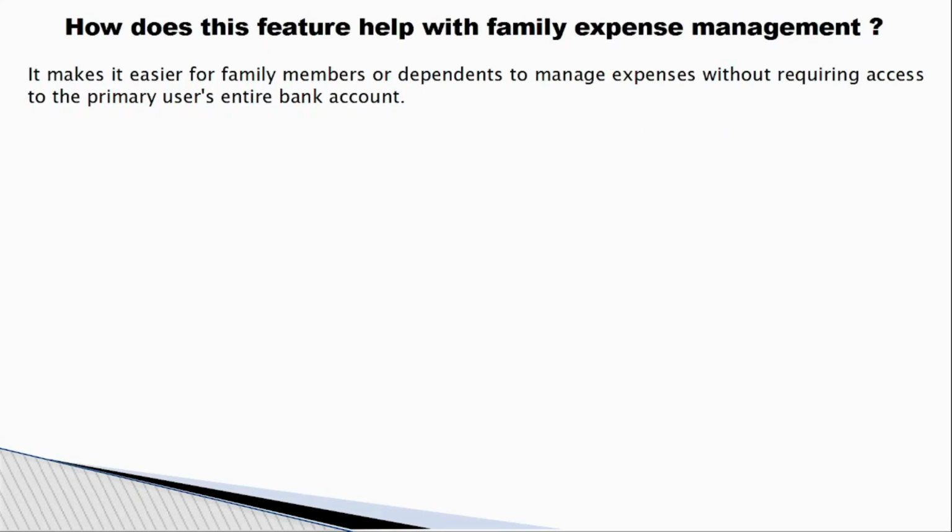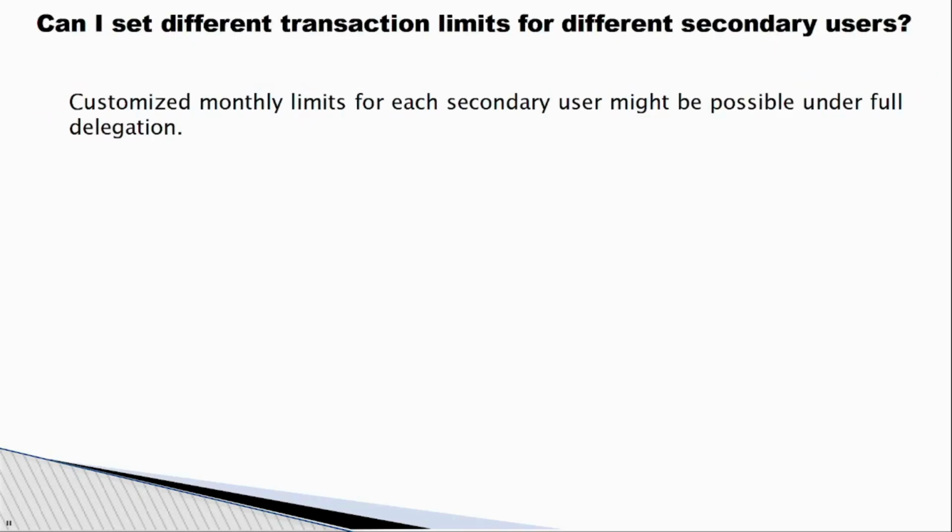So it helps with family expenses. Without opening an extra account for the family members, use the same bank account for their family expenses also. So they can use the UPI, and the same account will be debited. So for the entire family, they can use only one bank account, primary and secondary also.